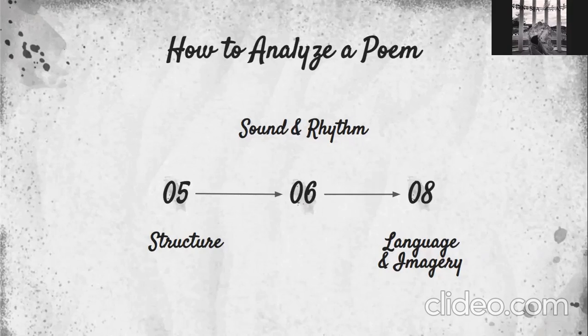So the seventh one, we have language and imagery. Every conclusion you have drawn so far has been based on the language and imagery of the poem. They have to be, that's all you have to go on. A poem is only words, and they have been carefully chosen. You begin by making sure you understand the dictionary meaning of the word, or the denotative meaning.